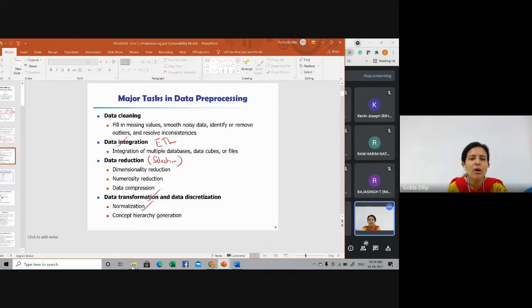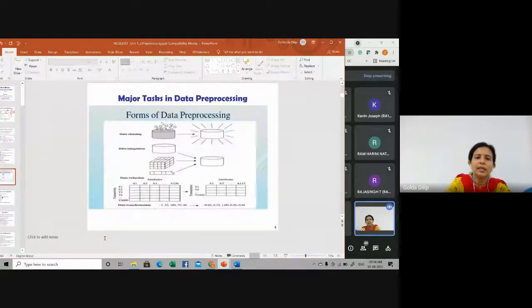Okay, so in short, these four techniques are called your data pre-processing. Data pre-processing in the sense you clean the data. You can see here various forms of data pre-processing: data cleaning, data integration. See, data is coming from heterogeneous data sources.